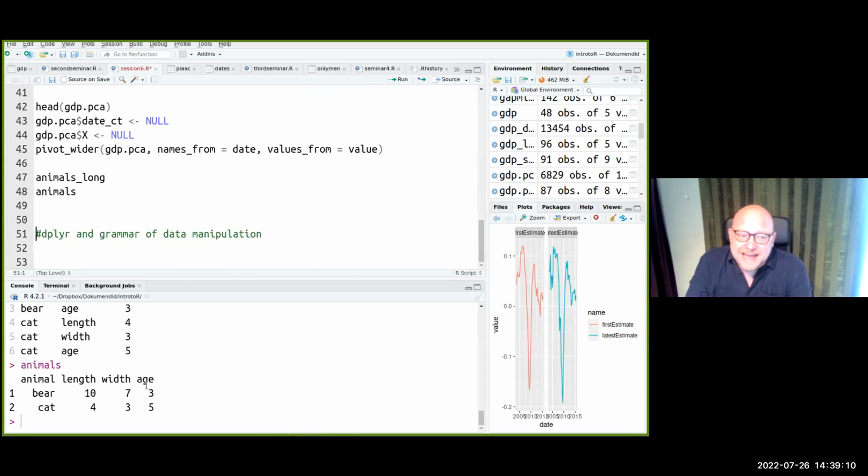Again, dplyr was created by Hadley Wickham, the same guy who created ggplot, the ggplot package in R. And dplyr is again part of the tidyverse packages. If you load in tidyverse, library tidyverse, then it automatically loads in dplyr. And what Hadley was thinking about when he created dplyr